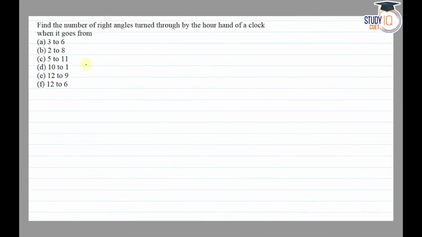Hello everyone, this question appears in the Class 6 NCERT chapter Understanding Elementary Shapes. This is the fifth question of exercise 5.2. The question says: find the number of right angles turned through by the hour hand of a clock when it goes from